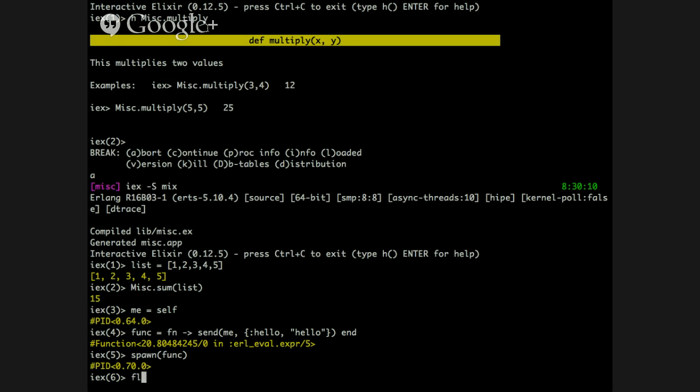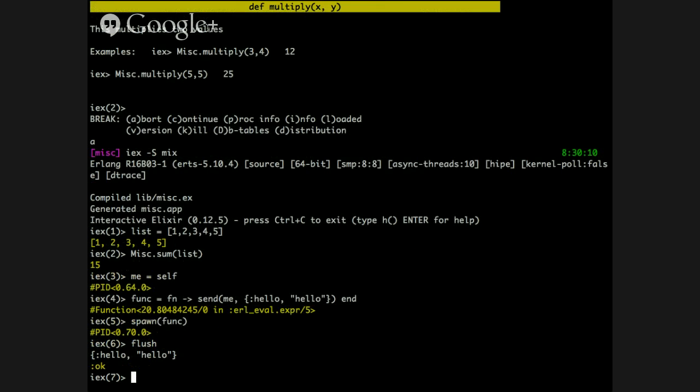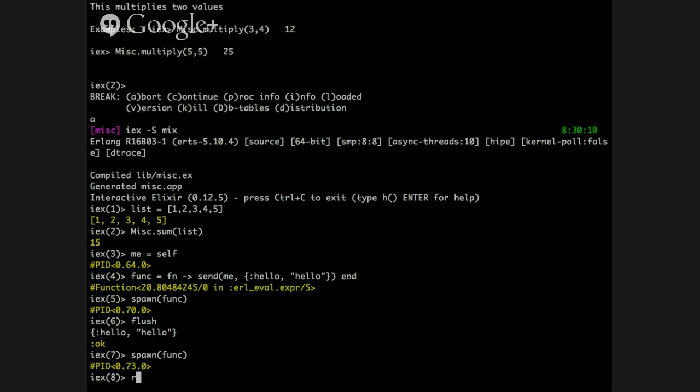So it's in our inbox. If I type flush, it will output the inbox, and you can see that we have this message, this tuple hello in our inbox. So now if I run this again and spawn it, and I write a little receive block,